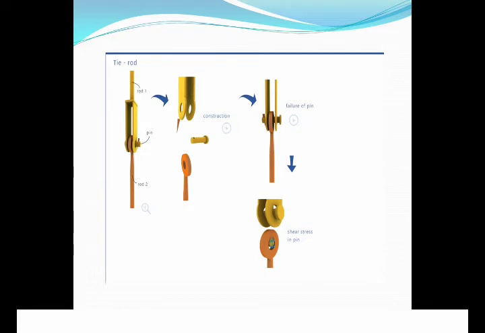This is again an example of a shear failure, where the shear stress acting on the pin can be calculated from the length of the pin, or the area on which the shear stress will be acting on the element. So always you have to be careful when deciding which type of failure will occur in the component, which we have to decide with the help of a particular application that we will study in detail.